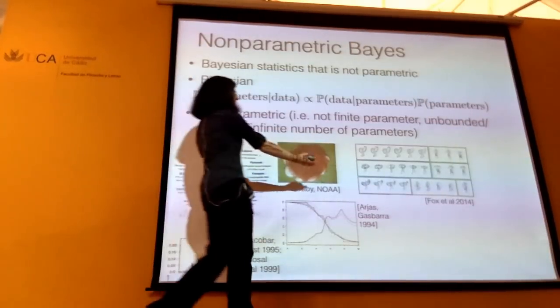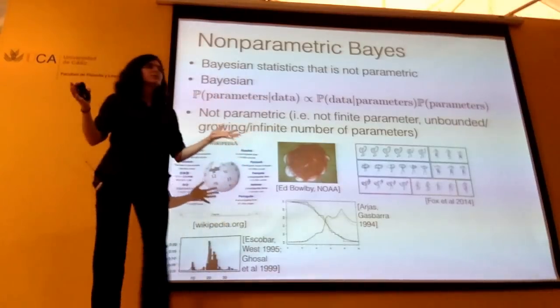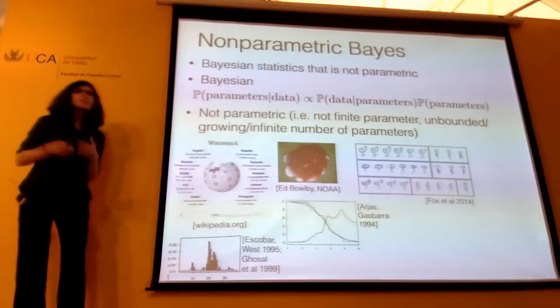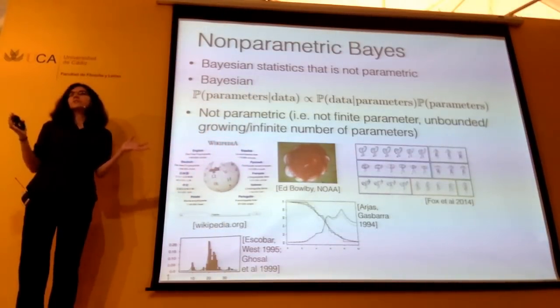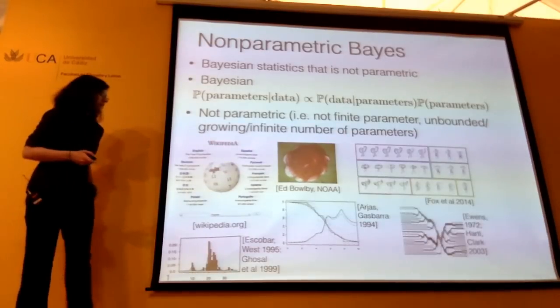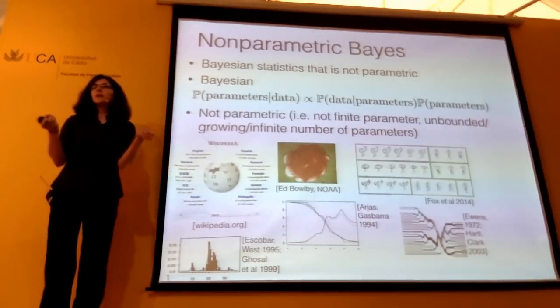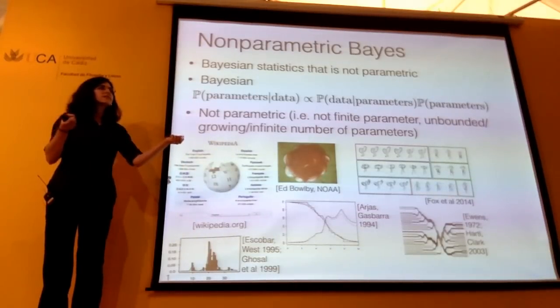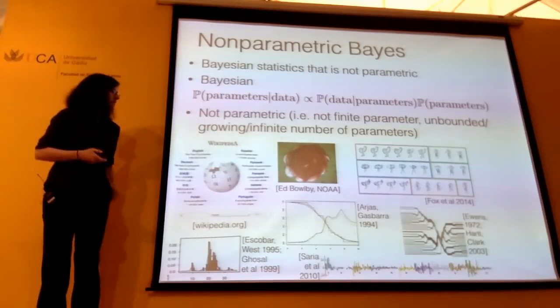Even something like exercises. So maybe I'm looking at people's exercise routines. And the more people's exercise routines I look at, the more that I'm able to discover new, different types of exercises that I had never known to exist before. We can look at this in genetics. So if we look at more and more people's genetic code, we might discover more and more ancestral populations that we hadn't known about before.